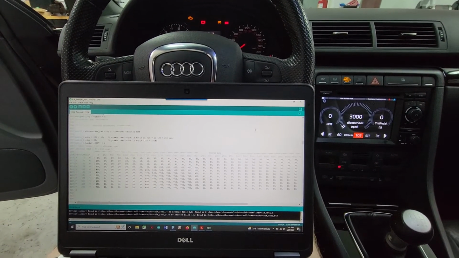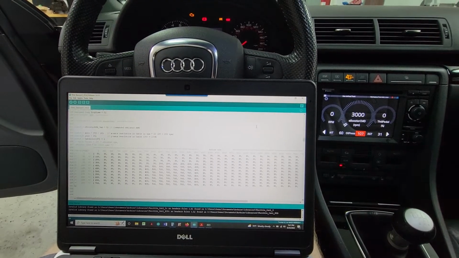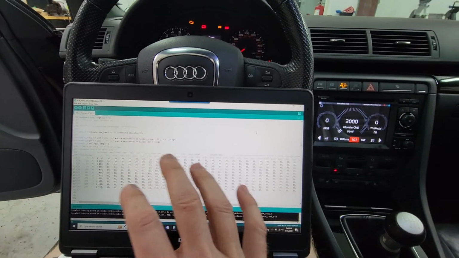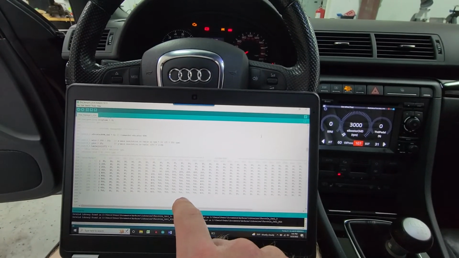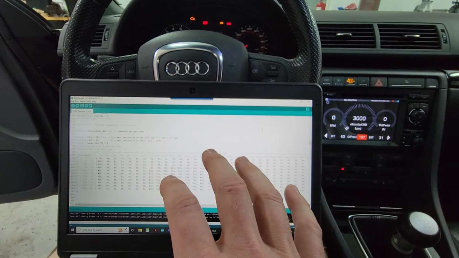So I'm making some progress tonight, testing things, and happy with where it's all going. Laptop here, I've got the Arduino IDE, so that's the application I use to program the Arduino and Teensy microcontrollers